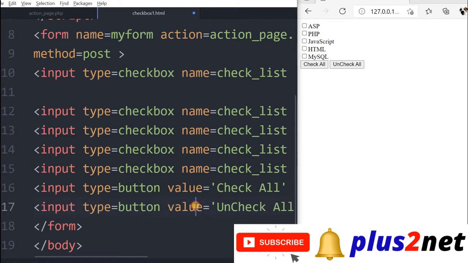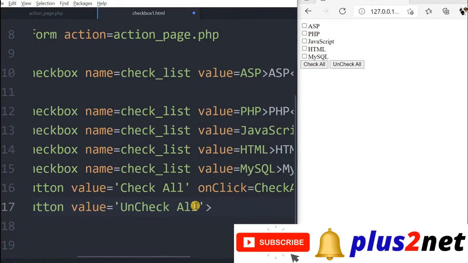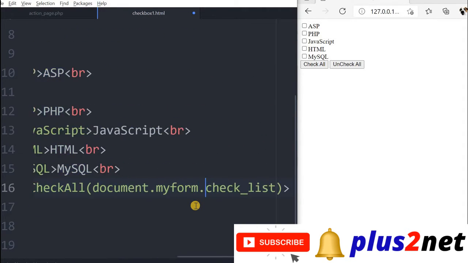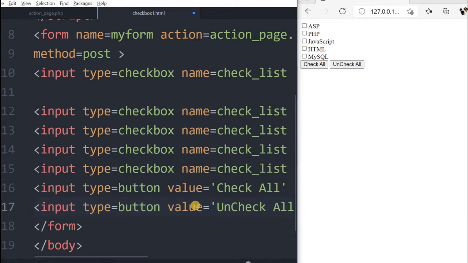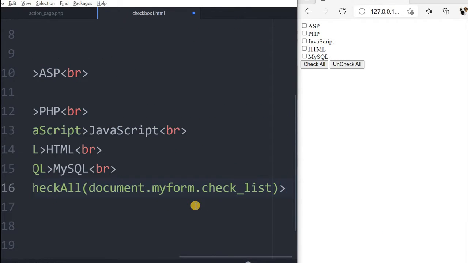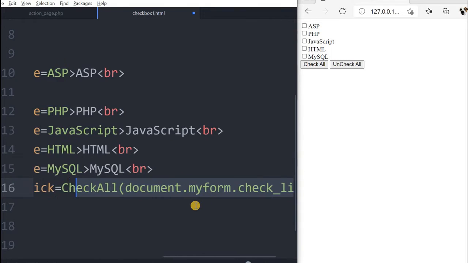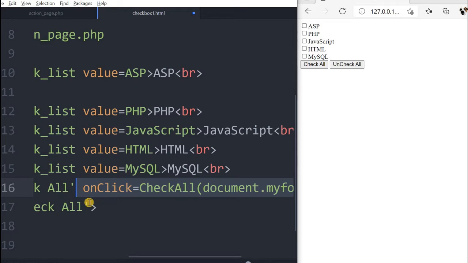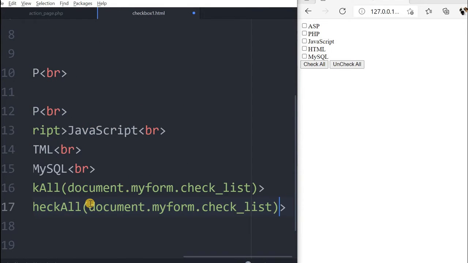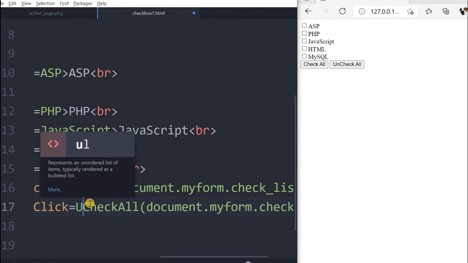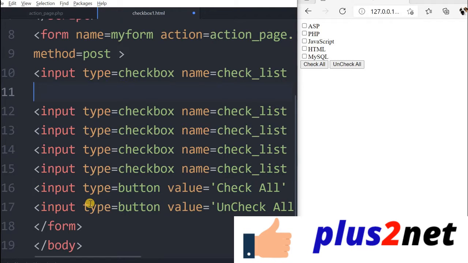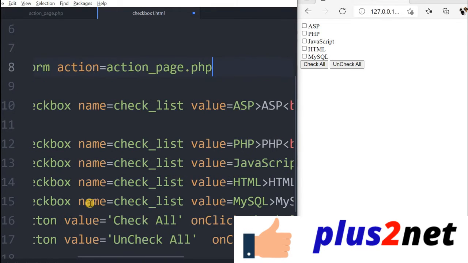So this is on click of this button. You can see here onclick, and we have passed checkall, and this is the value. Similarly, for the second button, uncheck all, we'll also pass this value, but to a different function. That's why we'll copy this up to this point. Copy. Now for the second one, we are pasting it here. We'll say uncheckall. So there are two functions, one is checkall and another is uncheckall, but both the functions receive the same parameter.